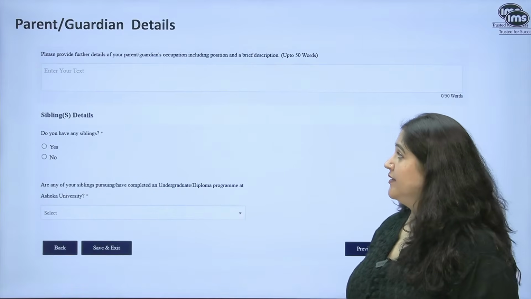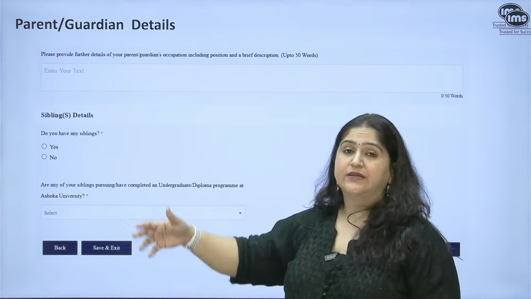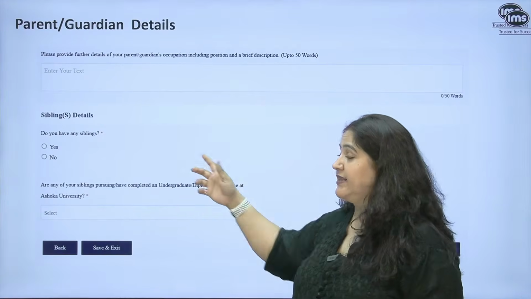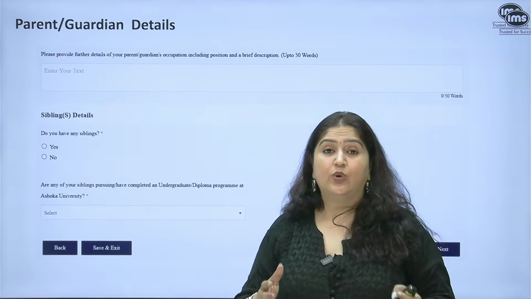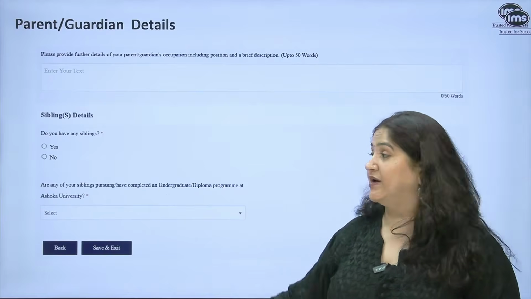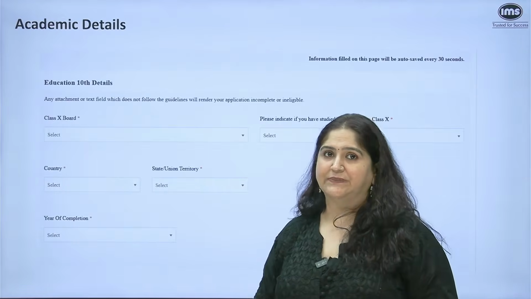Okay, again they're asking for the second guardian. Now sibling details, in case you have any siblings, you can say yes, and it will ask you the details. And in case there is any sibling who has done their education from Ashoka, it will ask the details here itself, so you will have to update it accordingly. Okay,